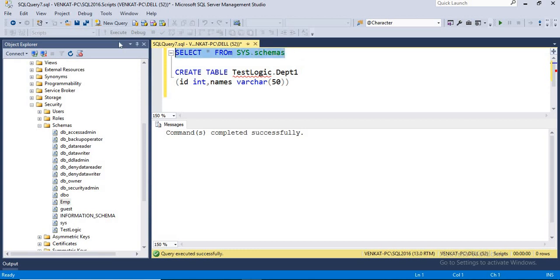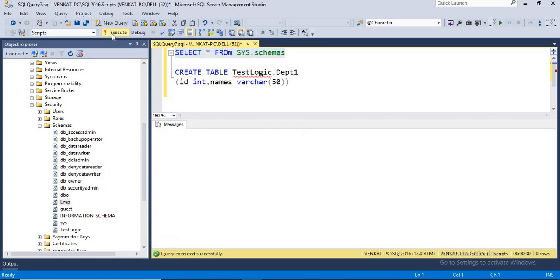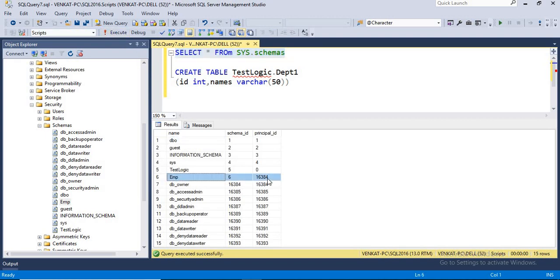So can I see that schema in the select query? Yes, of course. Select, execute it. You can see, the principal ID is different now. For this, the principal ID is 0. For this, the principal ID is different. It's up to this one, because see the number here, see DB owner. So this comes under the principal ID here. So if you go with the default one, it comes with 0. If you go with some specific name, it will come like this.